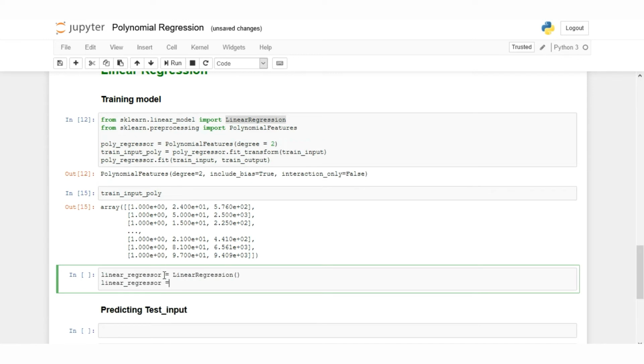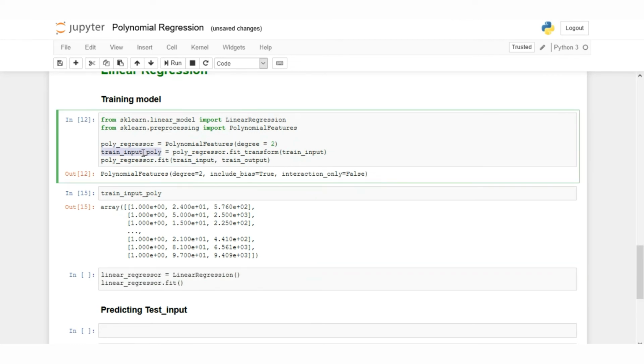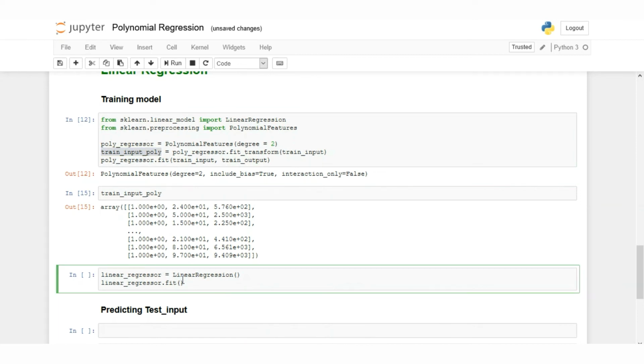So linear regressor, and now we'll fit our data, but the trick is, now we won't be fitting our actual input and output data. Here we'll be fitting the transformed features we have. So the transformed feature is train input poly, right? So we'll copy this train input poly,